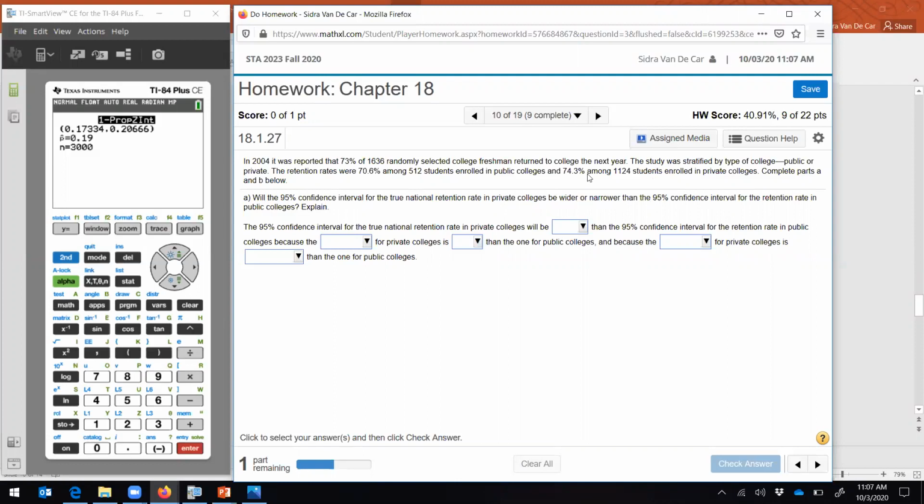Okay, private had 1124. Public had 502. This sample size is bigger, so it will produce the smaller interval. So private will be smaller because the sample for private colleges is larger than for public, and because the